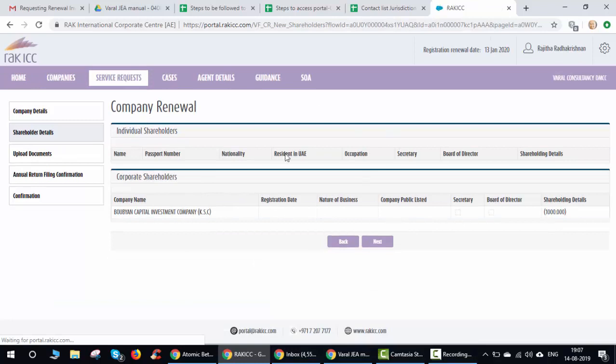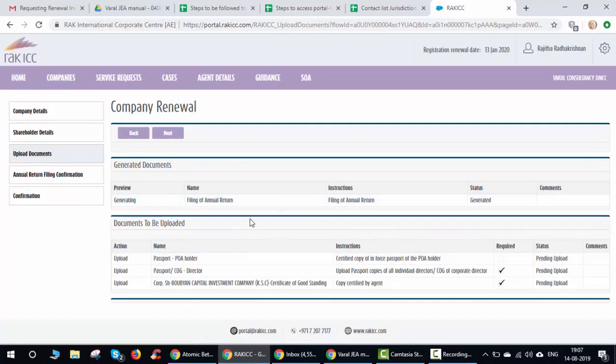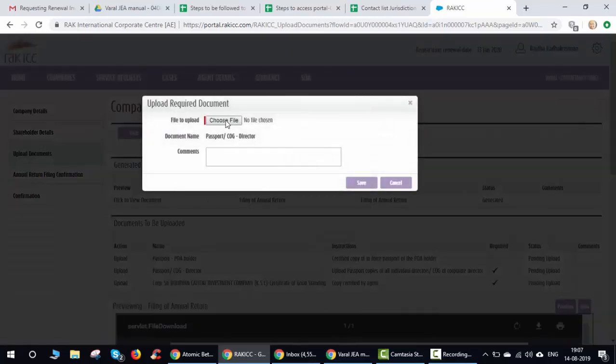and you'll get the details over here, and there's nothing to do over here. You can just click on next over there, and you'll be entering this page where you have to upload the documents. So here they're asking for two documents, that is passport copy and another passport certified by agent. Since the company is able to be renewed after 90 days, it is almost 3 months, so you don't have to update the documents now. Most of the time you will not be having the documents for some of the companies. So what you can do is you can click on upload, choose files,